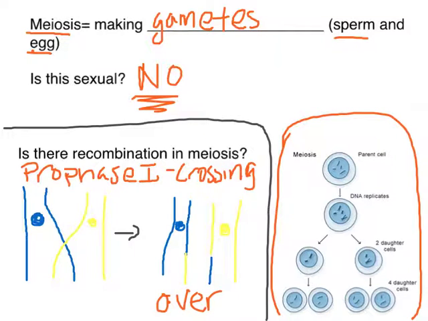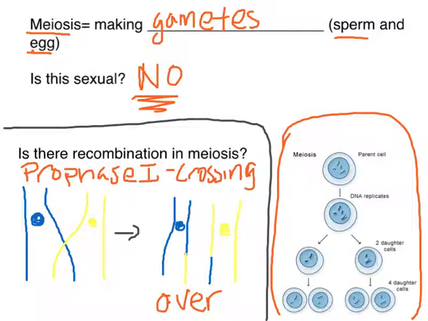What you'll notice is their arms right here overlap, and where they overlap, that's the crossover. The DNA gets so tangled here that the crossover breaks at this point. What ends up happening is you get a piece of this yellow chromosome breaking off and ending up on the blue, and a piece of the blue chromosome breaking off and ending up on the yellow.